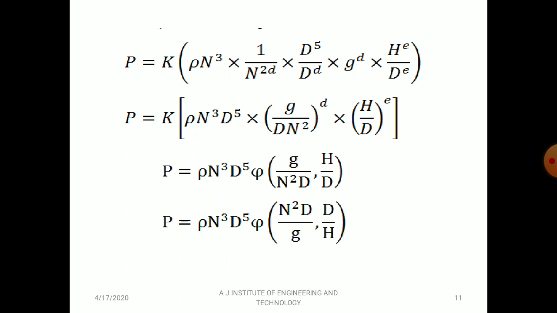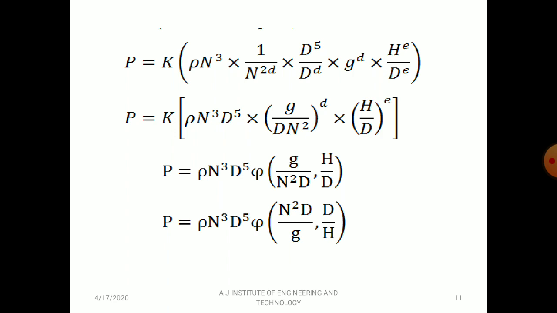So we can neglect k here, because the k value is not given in the expression in the given problem, so we can just consider k equal to 1, or you can combine that k with the parameter 5. So power equals rho n cube d to the power 5 function of n square d divided by g comma d by h. So in this dimensional analysis problem, we can take the reciprocal inside the bracket, that is